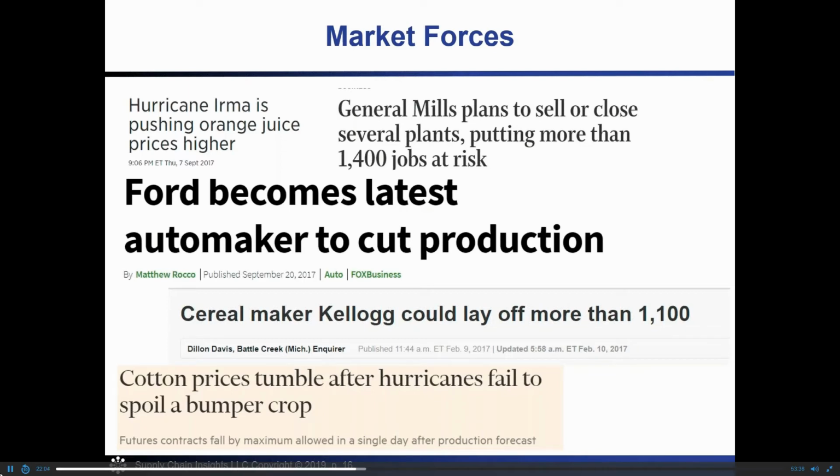Now let's go back to 2007. Let's think about why outside-in makes sense. How does it tie to demand planning? So when we think about market forces, and every day I read the Wall Street Journal, and these are some headlines, a lot of commodity volatility. How do we translate demand error to be able to orchestrate demand? So in this case, orange juice prices are higher. Perhaps sourcing strategies should take it out of a hurricane region to another region, but how do I know that if I can't orchestrate demand with a good demand error?